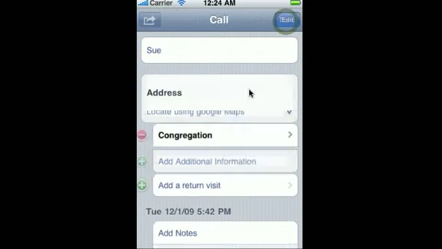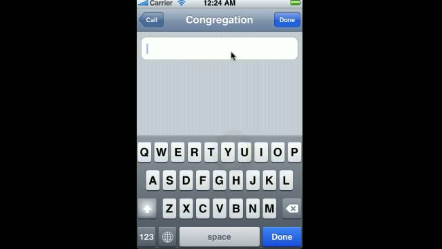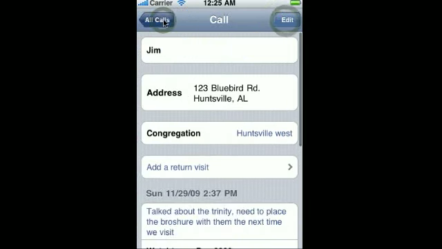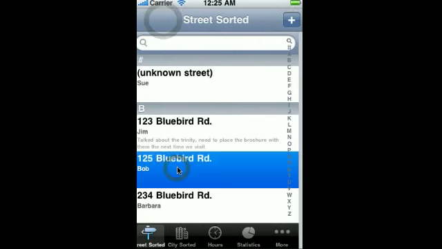So all we have to do is go say edit congregation. I'm in the Huntsville West congregation, so I'm just going to put that in there and apply that to a couple of these calls. Let's give this other call a different congregation name. And what we can do is, and we haven't finished them all because I don't want to bore you to